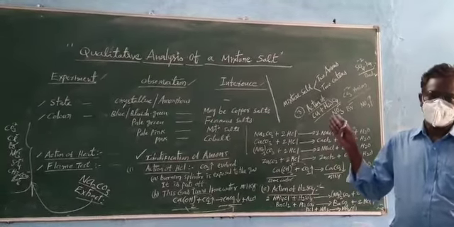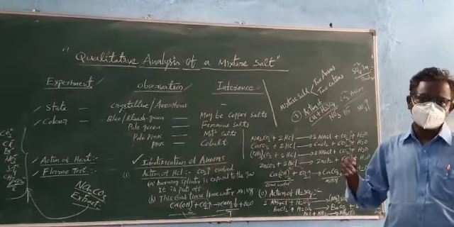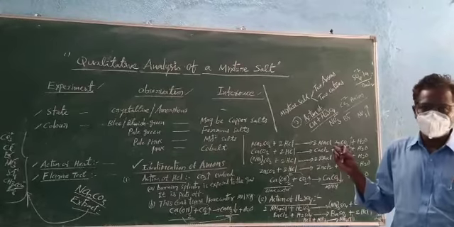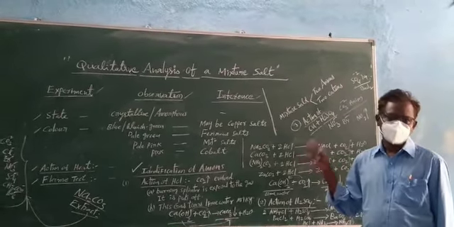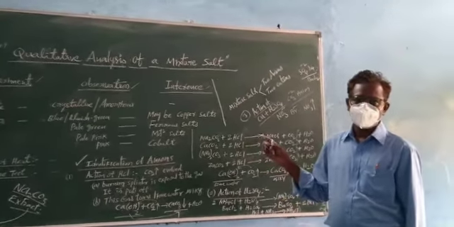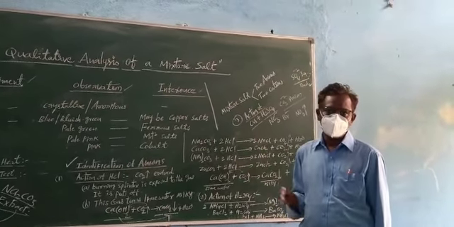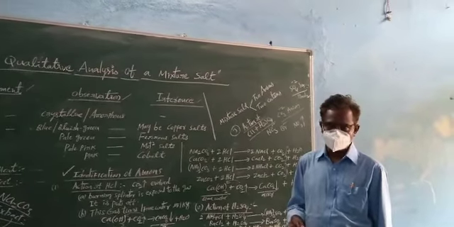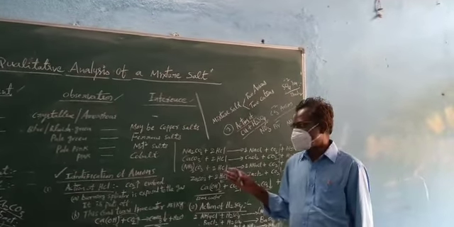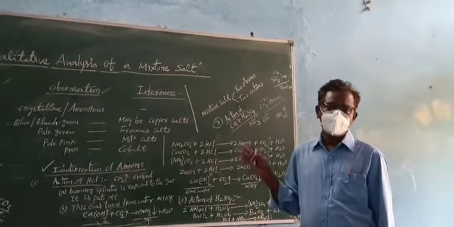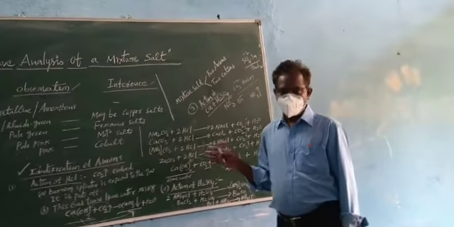So first we have to find out the anions, that means identification of anions present in the given mixture salt. Then confirmatory test for the above obtained positive anions. So up to here, the reactions of anions we have to observe. Next,